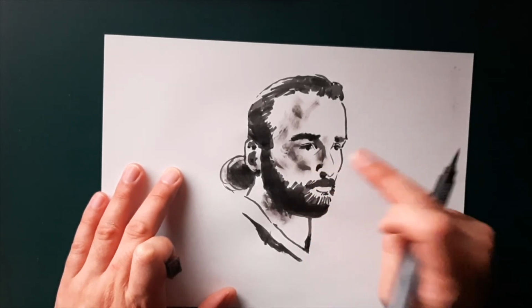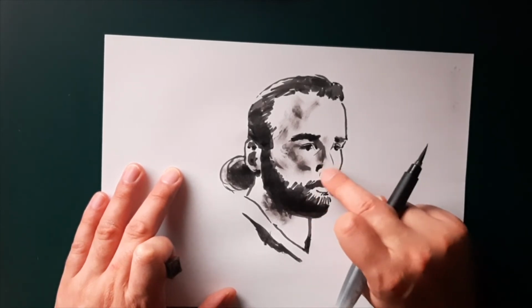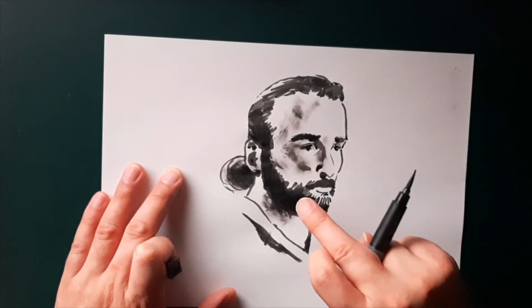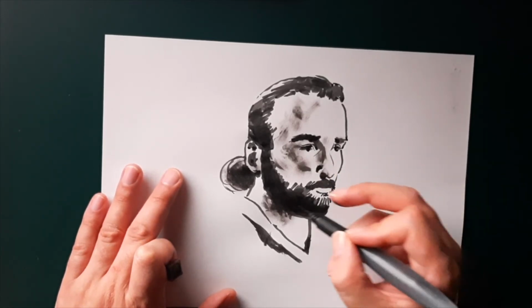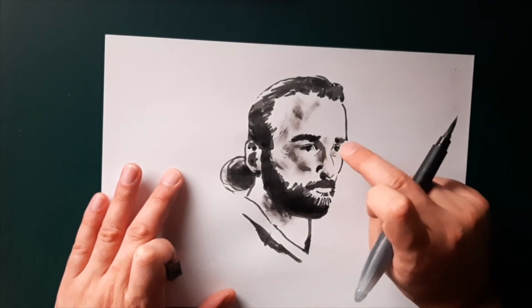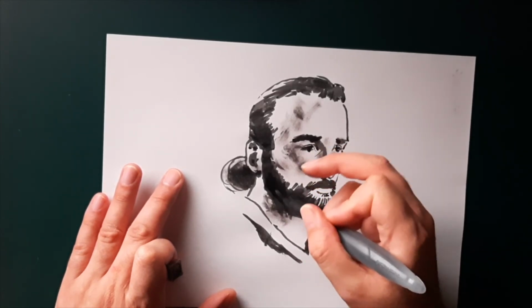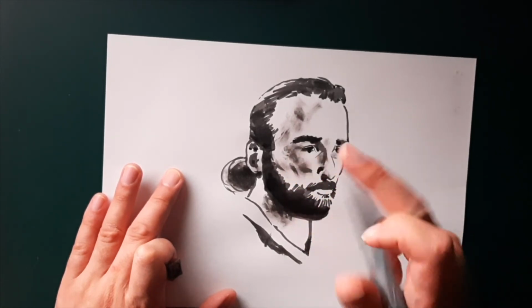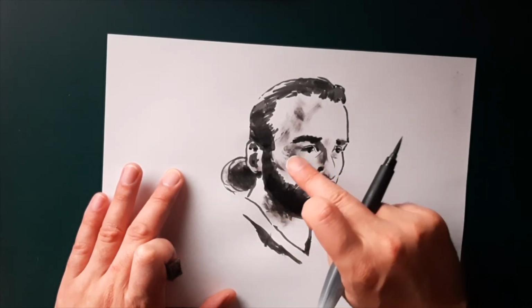Create a bit more shadow in the beard, in the place where it doesn't really hurt, and then try to put a bit more shadow under my nose in specific places that are going to be effective. So that's quite a nice little shadow on that side of my nose. And then continuously add ink to this area so that I can use it as a dip for my finger to smudge a bit of shadow around the face. And in the meantime, just leaving this mistake on my jumper, leaving it as it is with the shadow crease,